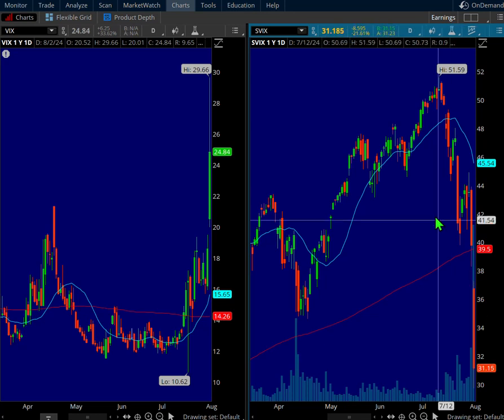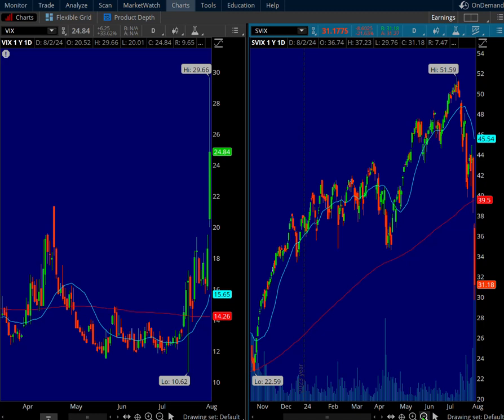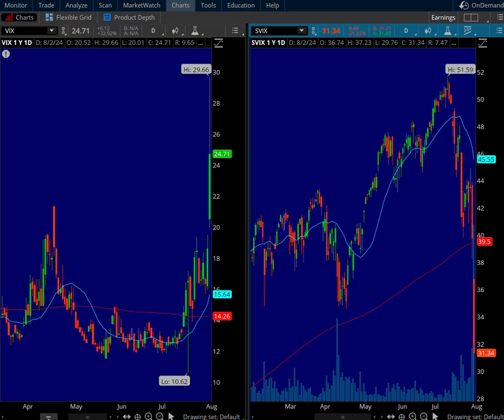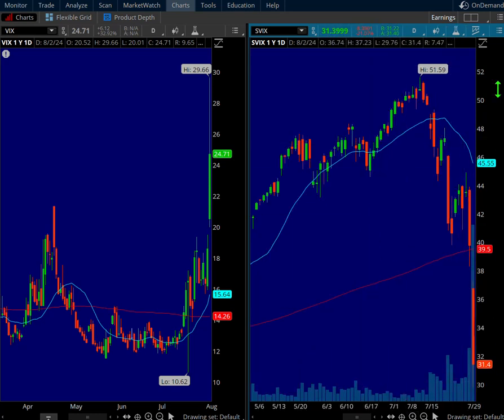It's just tanked. Now let's actually make this bigger because I want to bring in more time frame on the SVIX. Or maybe we could just do this. Yeah. So we're going out about a year now, and we are basically at multi-month lows down here around 29.5, wherever it sunk to today. I guess 29.76 has been the low, but the low in the past 12 months has been 22.59. So anyway, my spin on this trade would be to run the wheel on it or to sell puts.